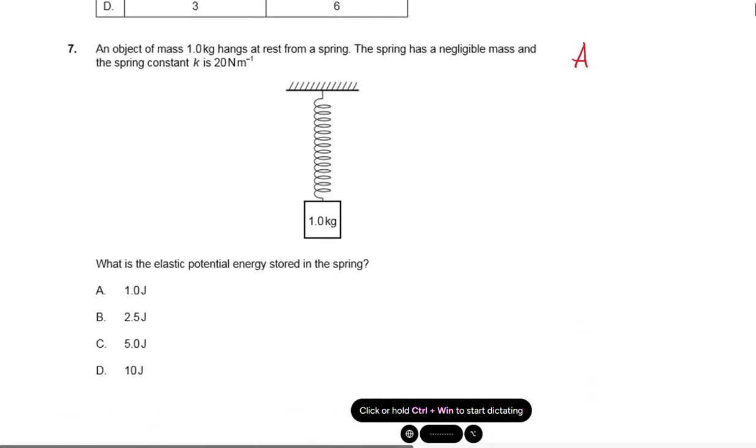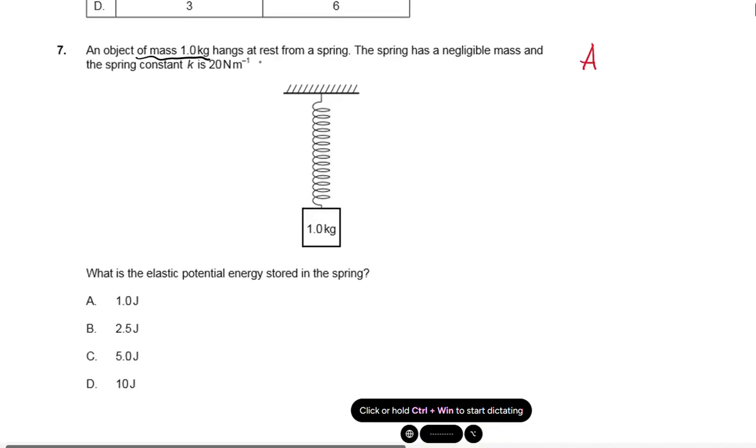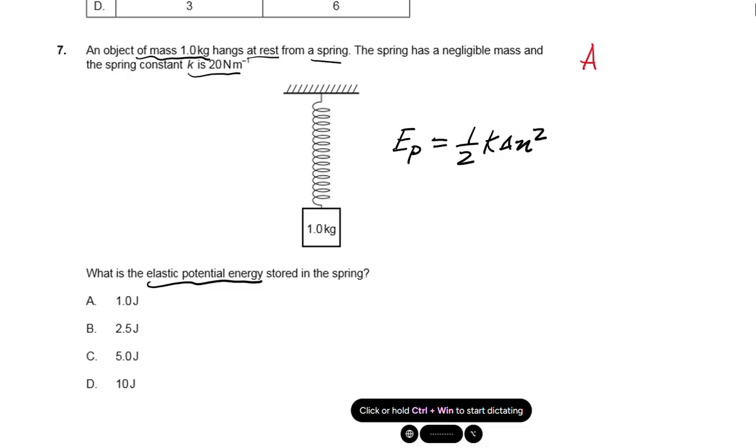This one is topic A as well. An object of mass 1 kg hangs at rest from a spring. The spring has negligible mass and spring constant 20. What is the elastic potential energy stored in the spring? So we have EP is equal to half k delta x squared, right? They have not given us x, they've given us the mass, spring constant, okay, elastic potential energy. So we do know that it should be equal to mg delta h,